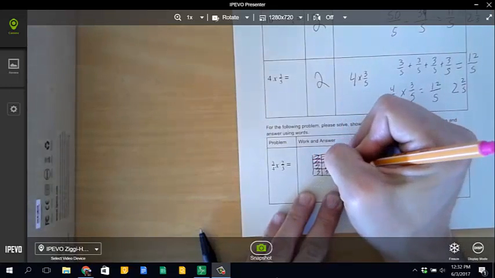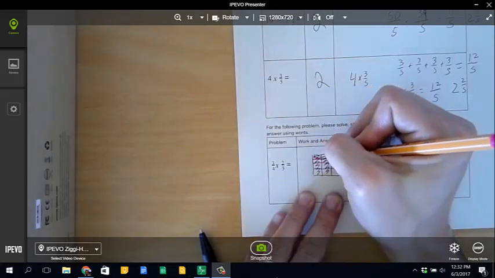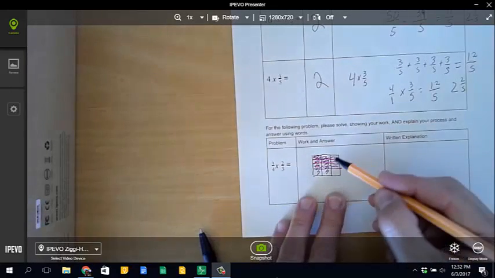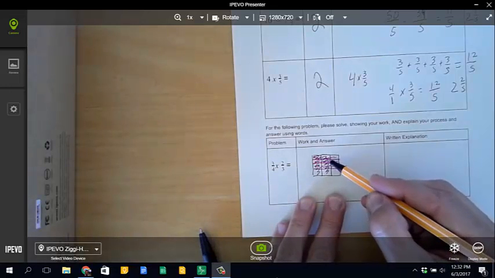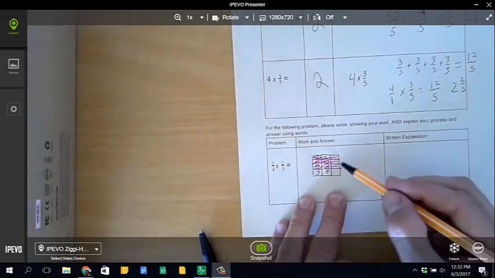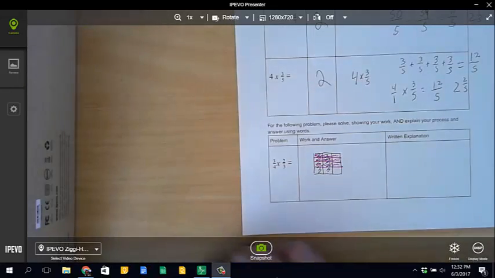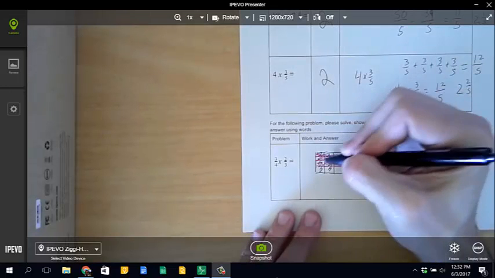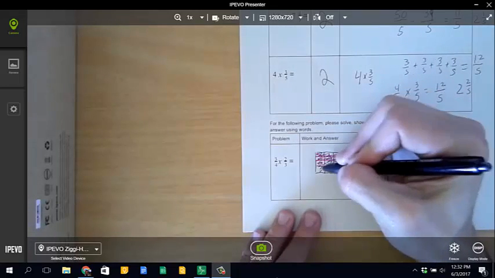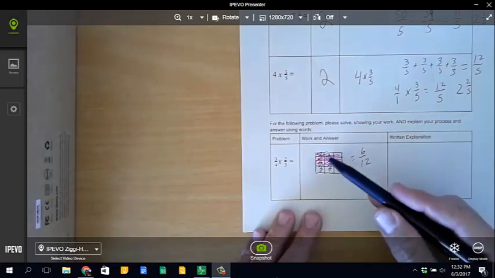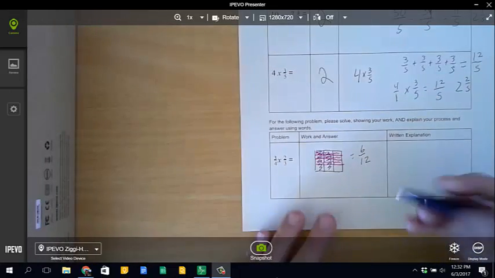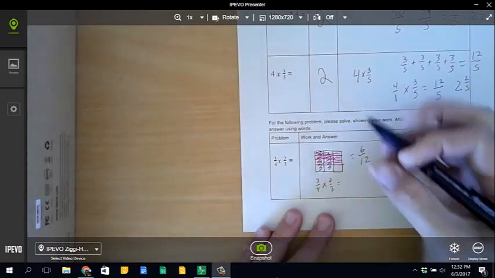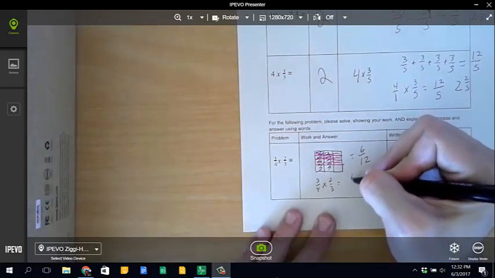Oops, that's not a great drawing. Sorry about that. 1, 2, 3/4 of that, which those cross sections are 1, 2, 3, 4, 5, 6 twelfths. So that can be 6 twelfths, because there's 1, 2, 3, 4, 5, 6, 7, 8, 9, 10, 11, 12. So I have 12 pieces, and 6 of them intersect. And then if we look at 3/4 times 2/3, we can multiply the numerators to get 6 and the denominators